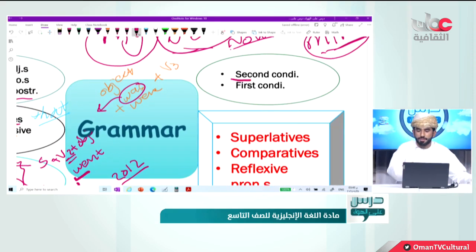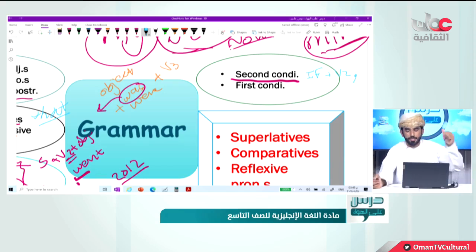Right, something else that I'd like to really mention here. Second conditional. Do you remember, taught by Mr. Ismail? Yes, second conditional. Again, you have to have two sentences, but not similar to those in past perfect tense. We're not talking about past simple and past perfect. We're talking about, who can tell me? Exactly, thank you so much, Group A. We're talking about if plus what? V2, and then a comma. Exactly, thank you. Give him a clap. Well done. And then what? Would. Very good. And then what? V1. Exactly. V1.